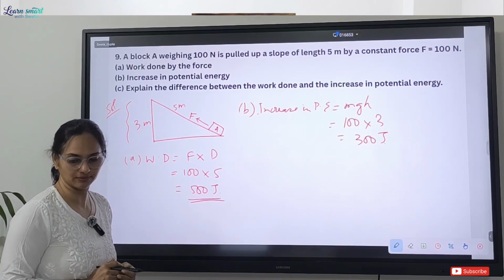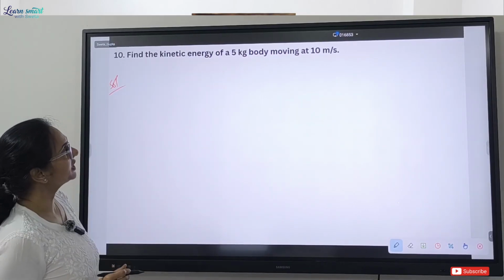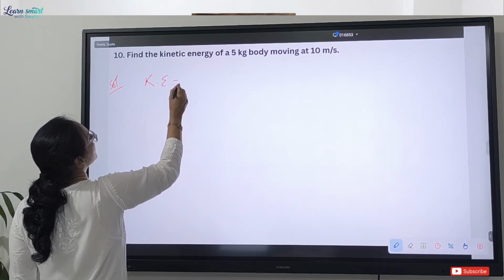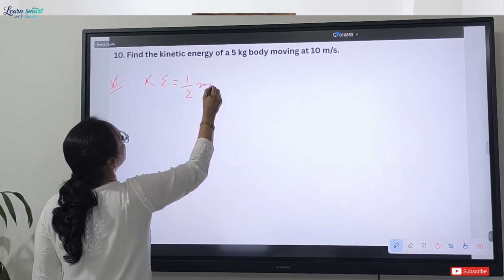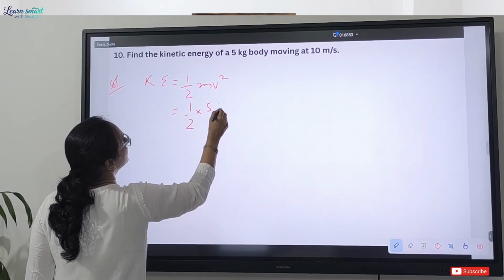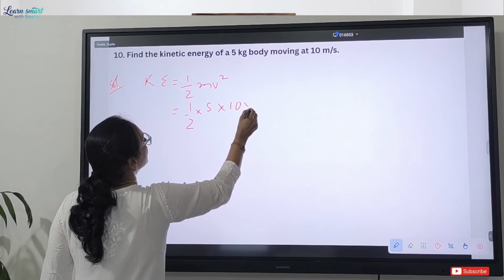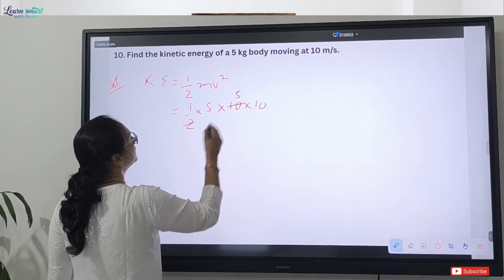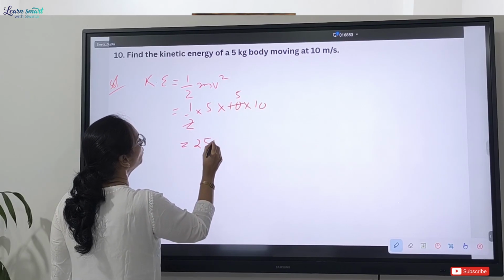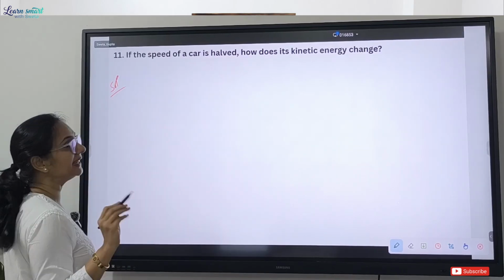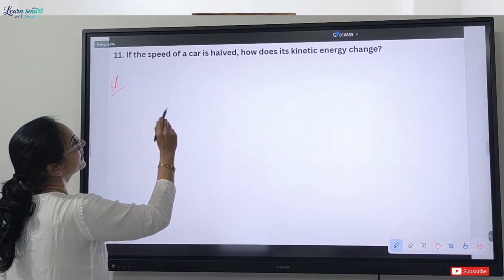Let's see the next question. Find the kinetic energy of a 5 kg body moving at 10 meter per second. So kinetic energy formula is half mv square, which is half into 5 and v is 10. So 10 into 10. 2 5 times 5, into 5 25, into 10 250 joules. Simple question. Next question. Next question is if the speed of a car is halved,